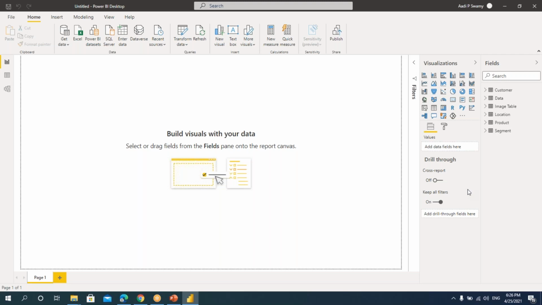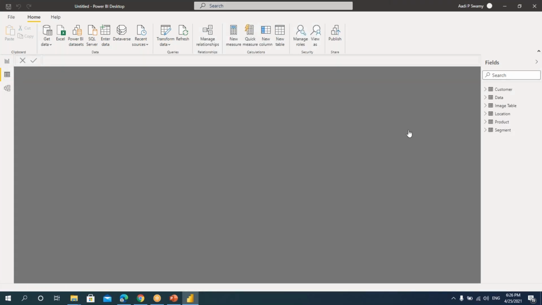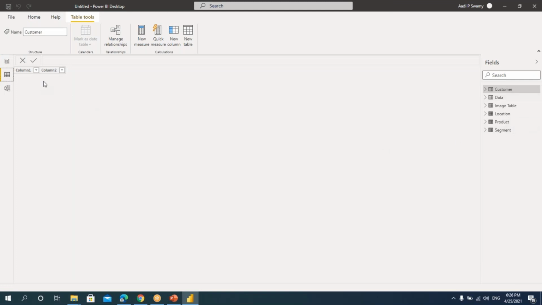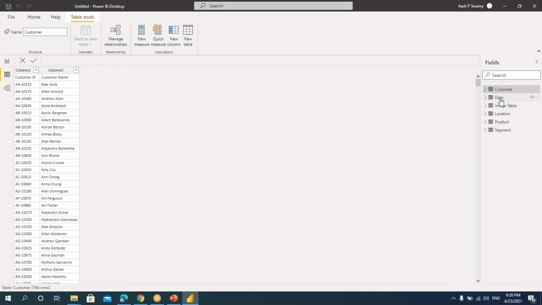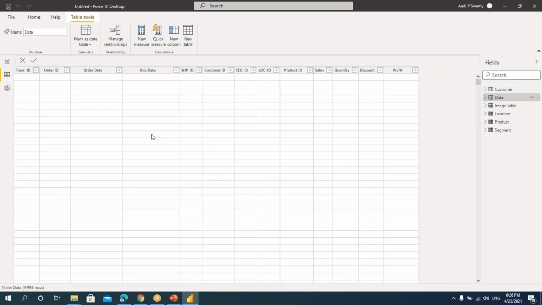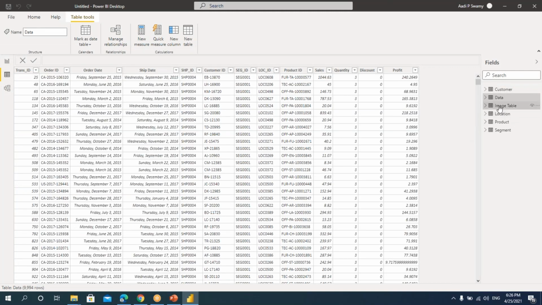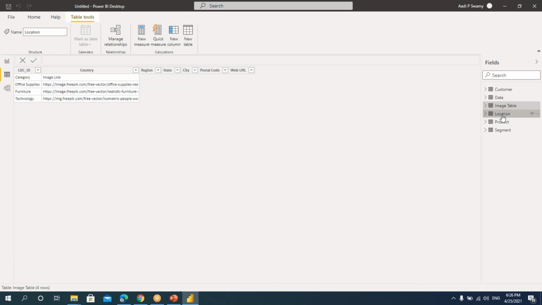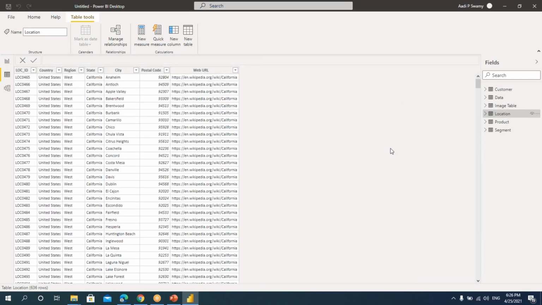All right. Now we saw this report view where we can create the reports. I told you if we go to this data window, this tab, I can see the data whatever is required here. So if you click on any of the tables, you can see the data of that table like this. Okay. Now we saw how to import the data from a different source. In this case, I'm just showing you only Excel. Similarly, you can connect with various other sources as well.